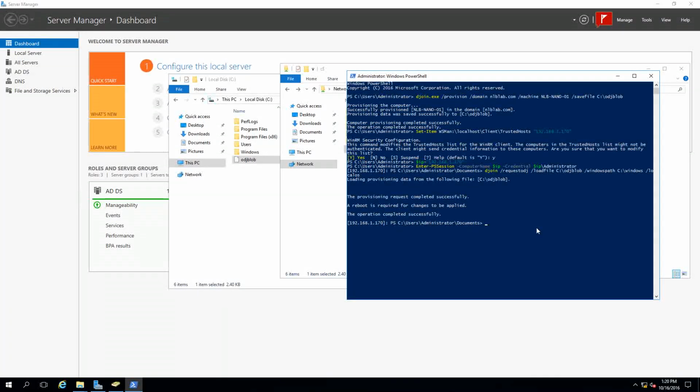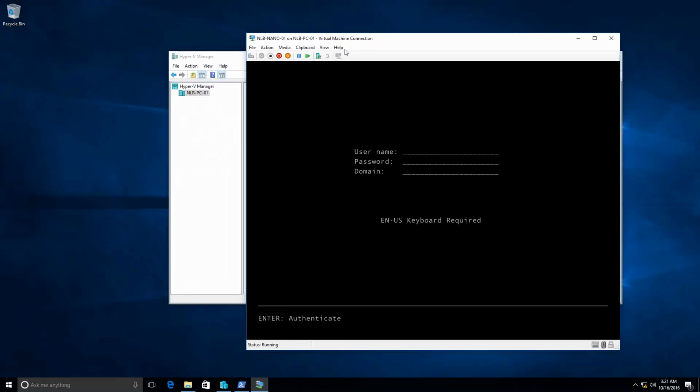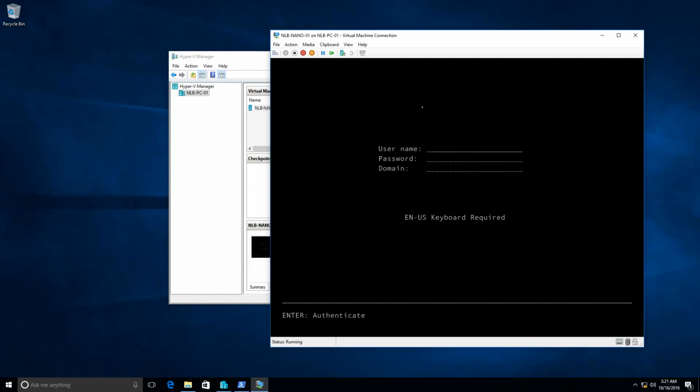So in order for you to confirm that your Nano Server is in your domain, you have to do a restart. So I'm going to restart my Nano Server right now, and you will see that I've lost connection to it, and I will have to wait for a few more moments. After that we can just confirm that I'm able to connect to my Nano Server using my domain administrator credentials